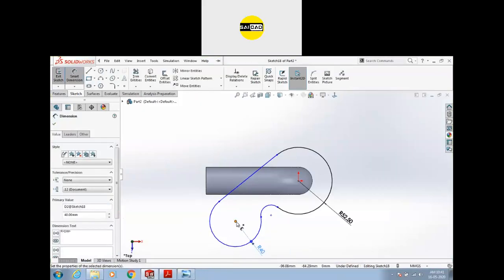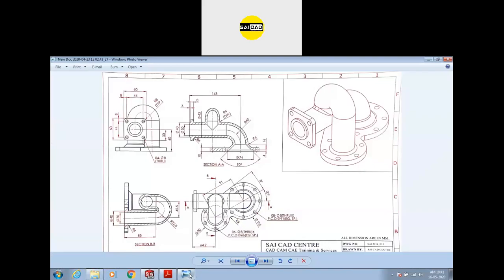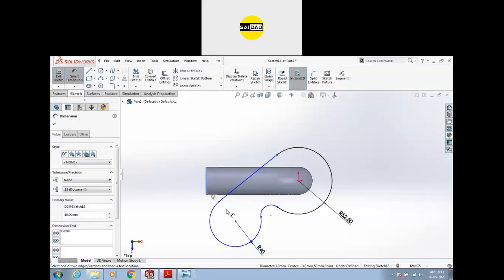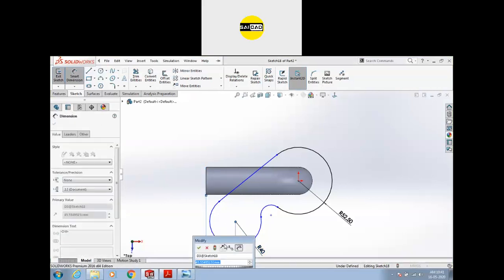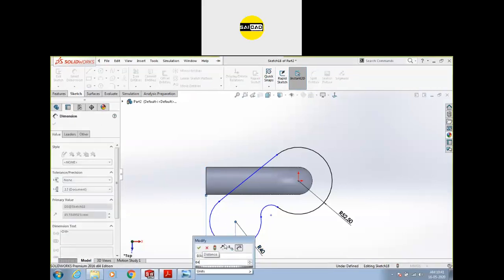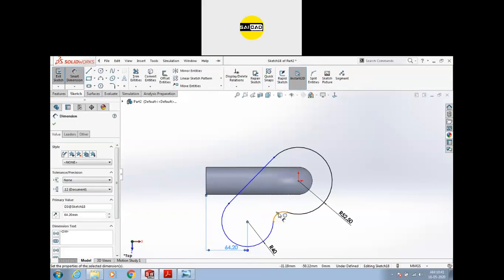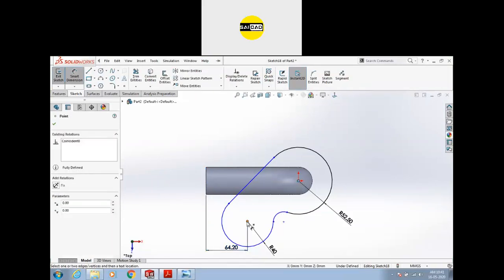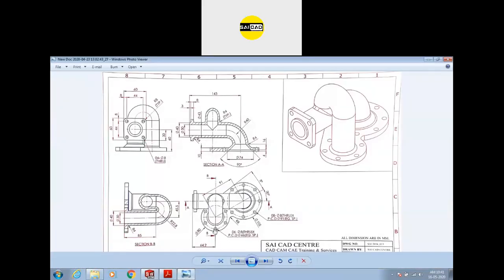We have the distance between them, so we have a distance from this point that is 64.2, so we can just specify the distance 64.2 like that, and we have this offset distance.